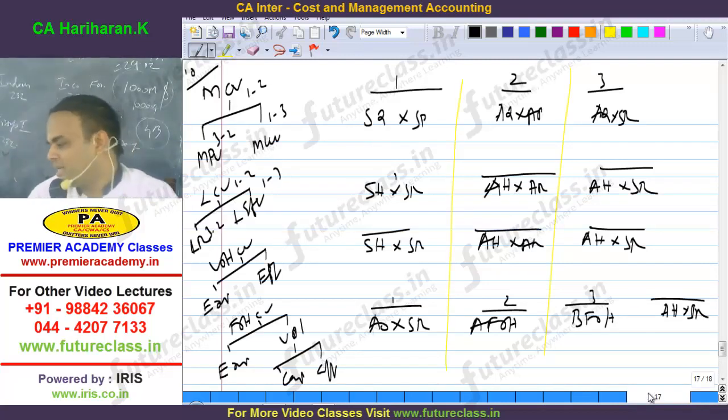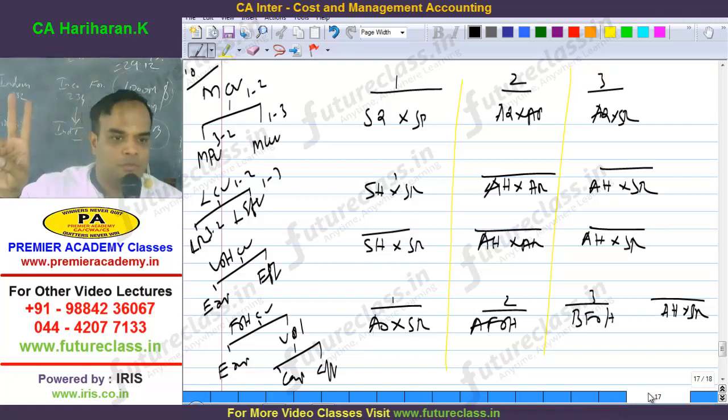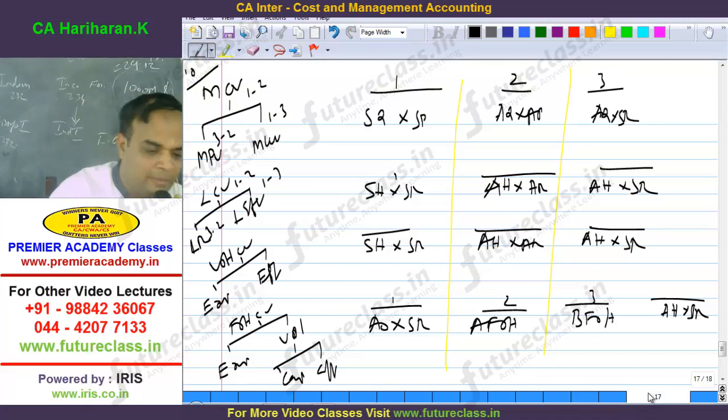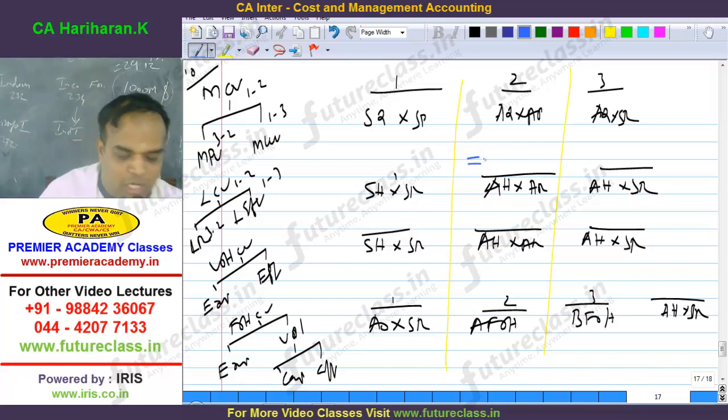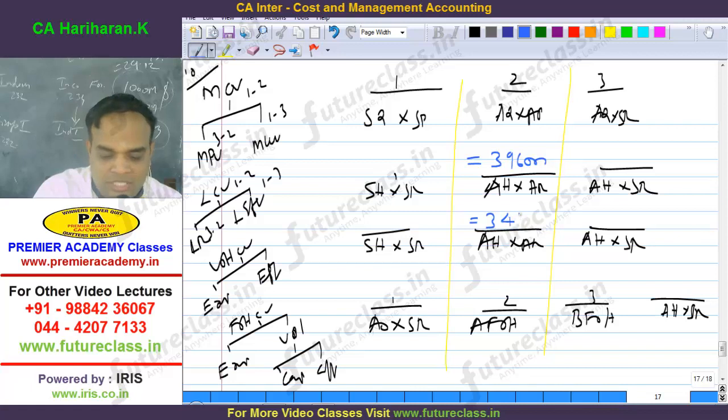Up to this stage, is it clear or not? Now, rule number 1 is over: identification of variance and drawing the chart. What is rule number 2? Filling the blanks. Shall I go for filling the blanks? In 90% of the problems, which info will be there? Actual. Is a P&L account available or not? That financial statement is the actual info only, no? Now, actual material cost incurred, how much? 3,96,000. Actual labor cost incurred, 46,800. Actual variable overhead incurred comes to 60,000.